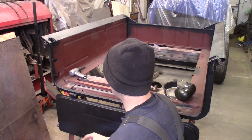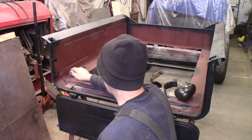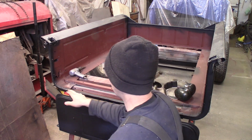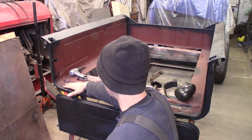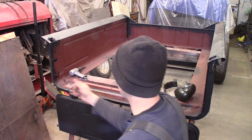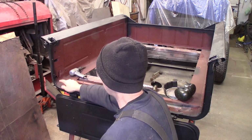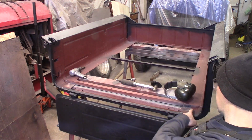So what I plan on doing is I want to leave as many of the original rivets up here as possible. But you see they stop down here and this just gets spot welded together. I'm going to remove this piece, I'm going to grind these 3 rivets down, eliminate these 3 lower rivets on both sides, and replace these pieces. And on this side over here, that's all it's going to be replaced is up to the 3 rivets,